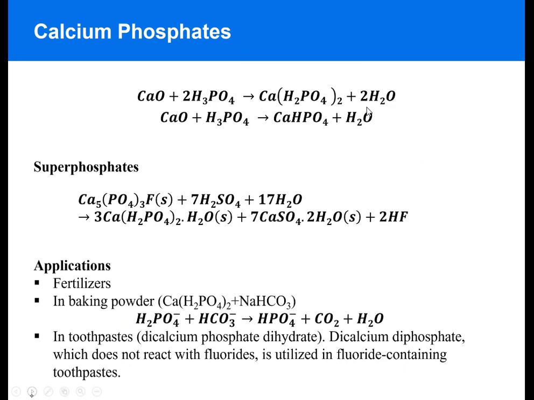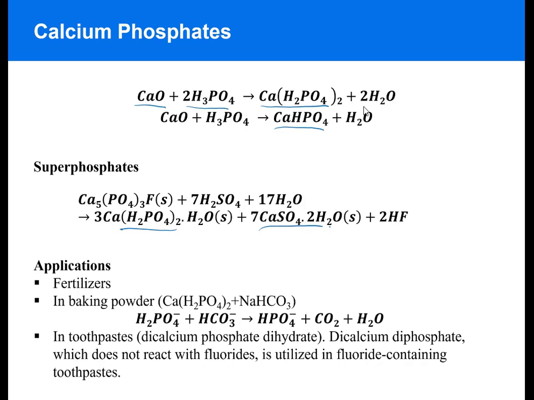The fourth major fertilizer in production is calcium phosphate, which can be produced by the reaction of calcium oxide with phosphoric acid with different ratios to produce the calcium dihydrogen phosphates or the calcium hydrogen phosphates. The superphosphates can be produced from the reaction of apatite with sulfuric acid to produce a mixture of calcium dihydrogen phosphate and calcium sulfate. And different types of calcium phosphates are used as fertilizers, and they are also used in